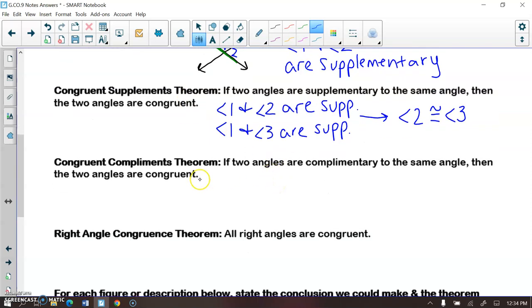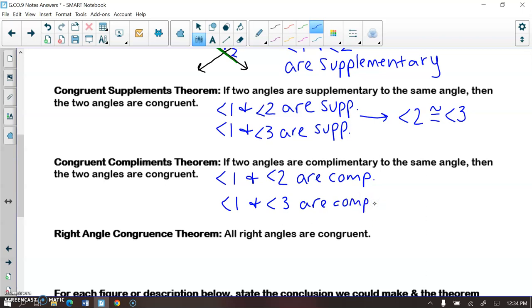And the congruent complements theorem is basically the same thing, only this time you're given two angles complementary to the same angle instead of supplementary. So we could say angle 1 and angle 2 are complementary. And let's say angle 1 and angle 3 are complementary. If we were given that information, we could then conclude that angle 2 and angle 3 are congruent by the